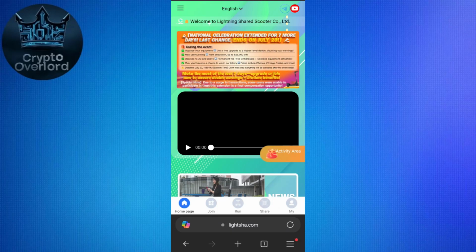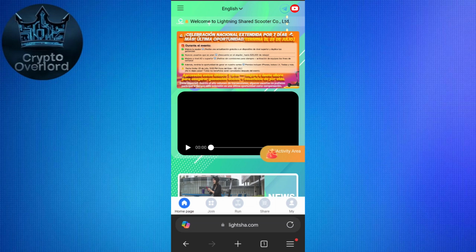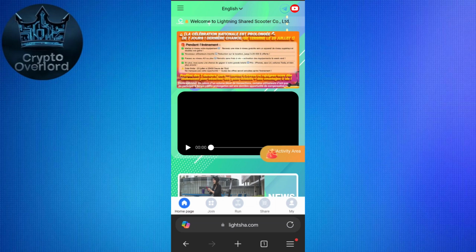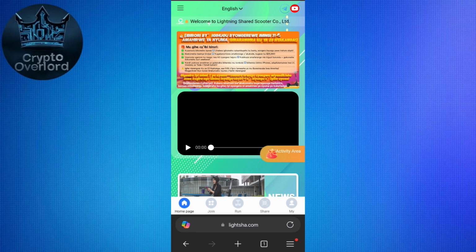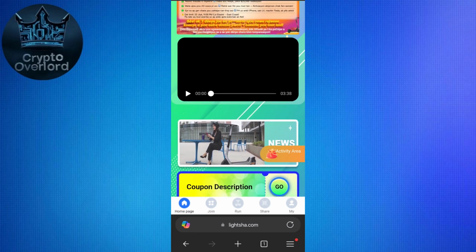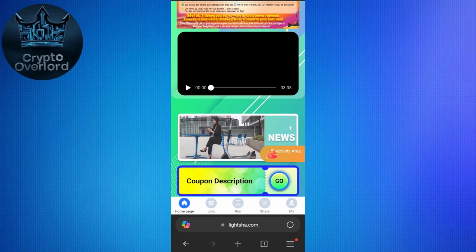In today's video, I'm going to show you exactly how to withdraw money from your LSSC account to your Trust wallet step by step. So whether you're holding your USDT, Ethereum, BTC in your LSSC account and now you want to withdraw it in your Trust wallet for trading, for saving or selling it, this guide will walk you through everything. I will show you how you can make the withdrawal,